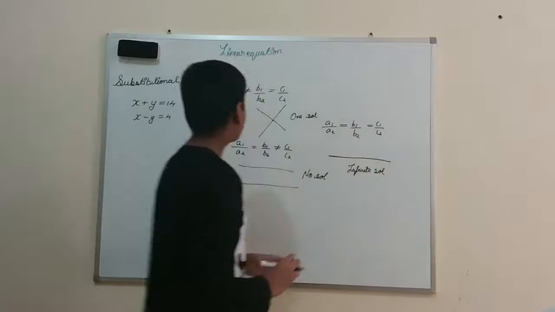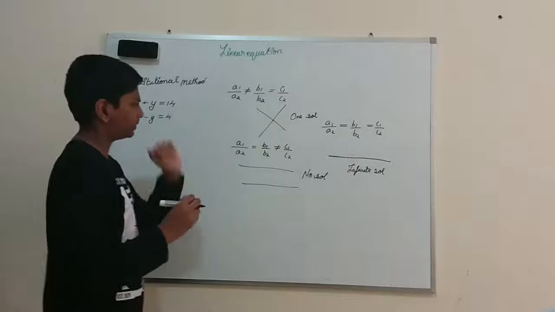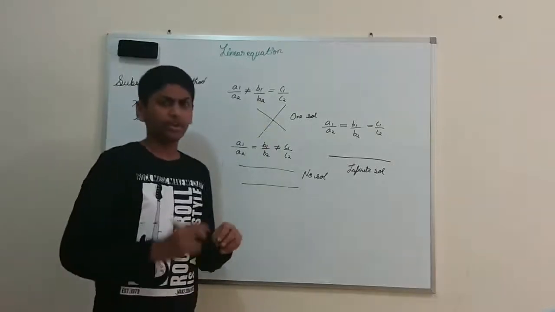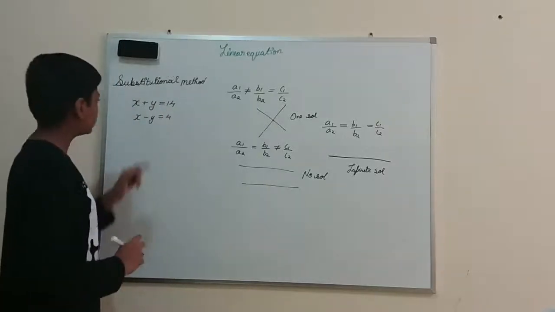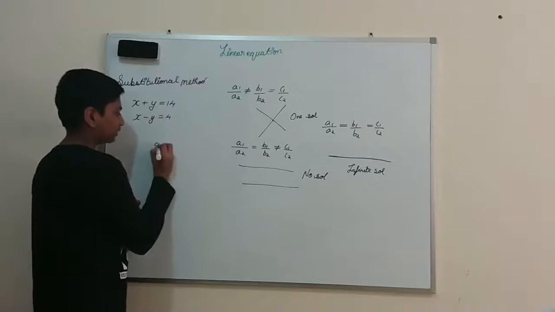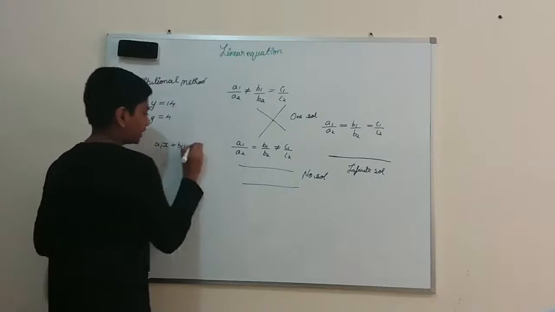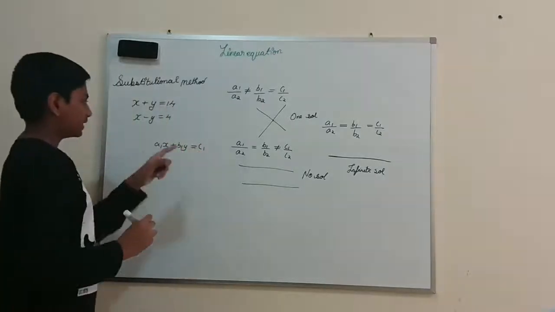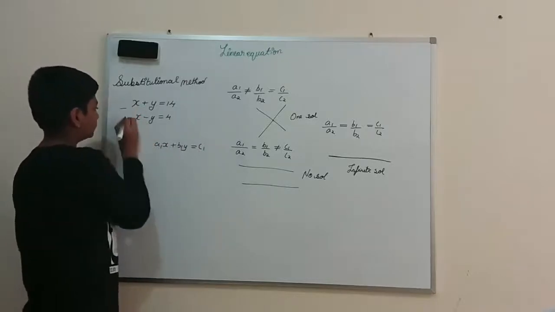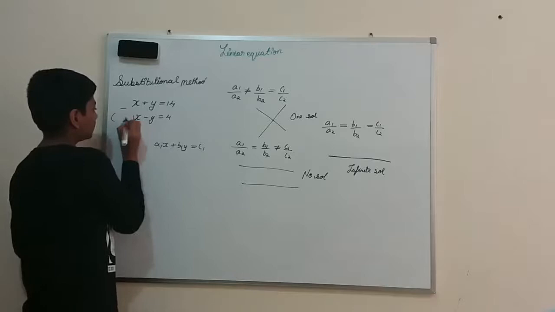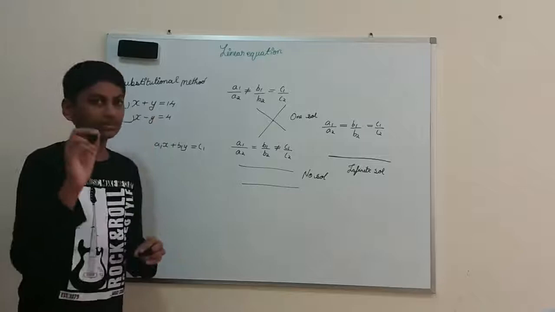Okay, now we have learned the three formulas. Now we'll solve this. But before that, you may have a doubt: what is this a1 by a2? What is b1 by b2? What is c1 by c2? If you look at this equation, a1 is the coefficient of x, b1 is the coefficient of y, and c1 is the constant in the equation. And a2 is the lower equation's term. So this was the starting one, and for the second one over here, let's call these the a2, b2, c2 terms, and this the a1, b1, c1 terms.